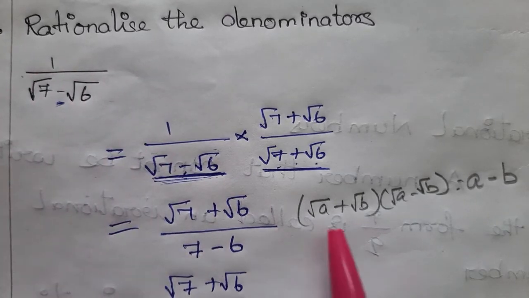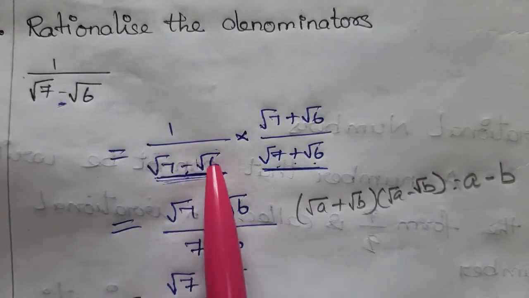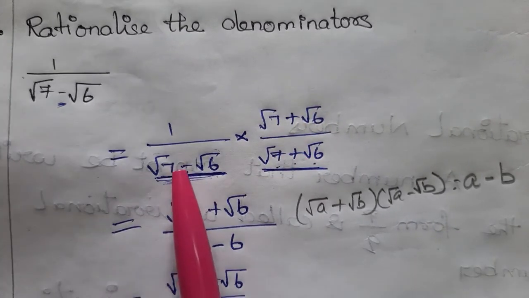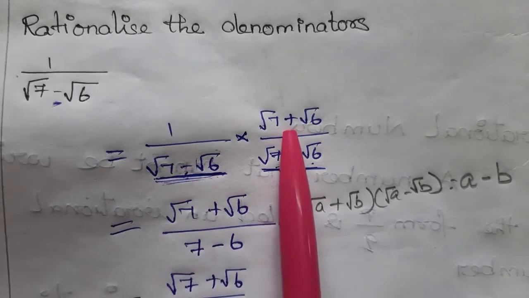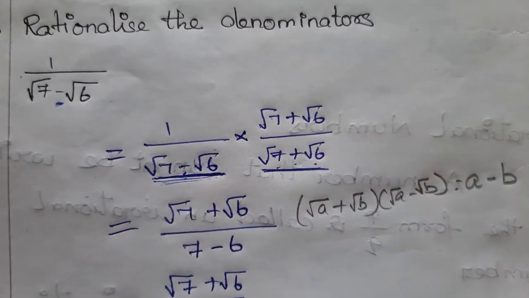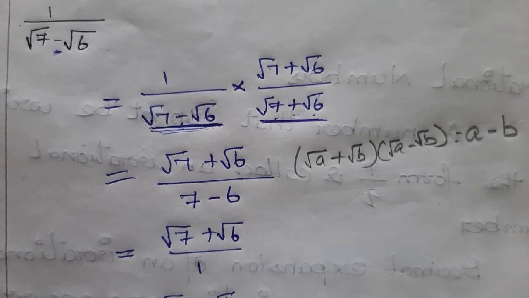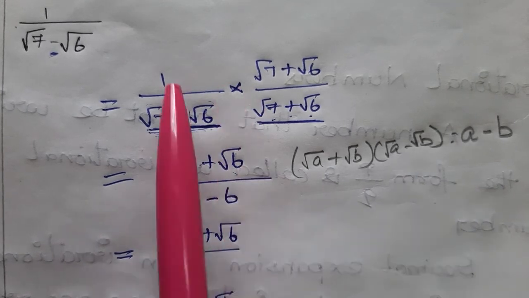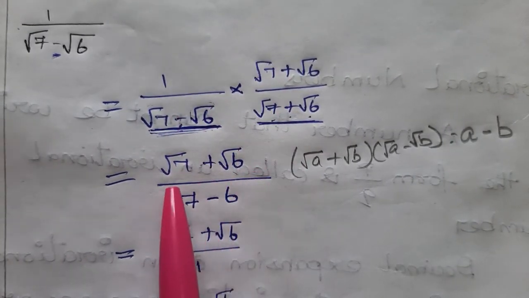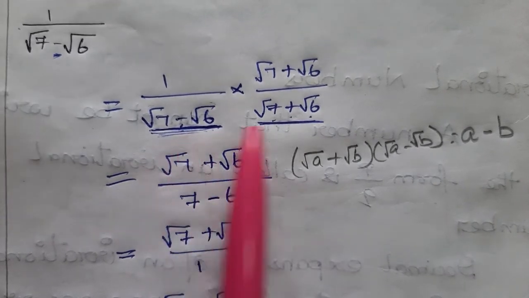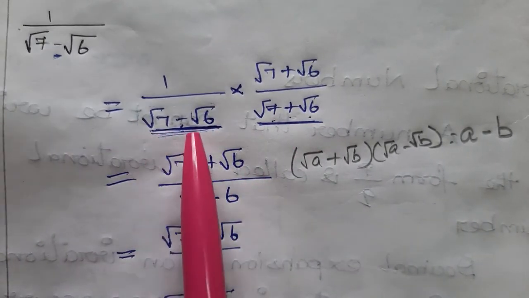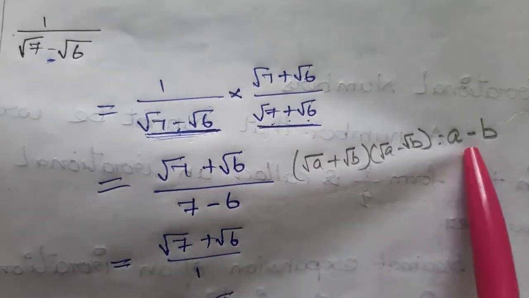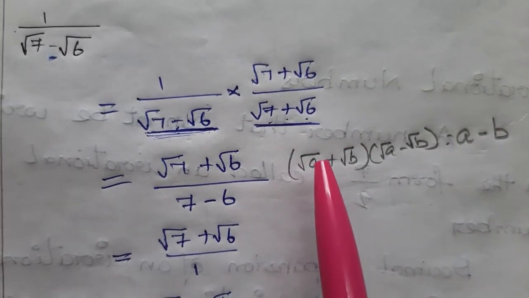Once again, I will explain by using these identities. If it is in a subtraction, multiply with an addition of the same group. If the question is provided in addition, you just change to the subtraction and multiply, and further you proceed with the normal rule, then you will obtain a rational number in the denominator. Just multiplying the numerator, you will get square root of 7 plus square root of 6, divided by, just applying the identity, square root of a plus square root of b into square root of a minus square root of b.